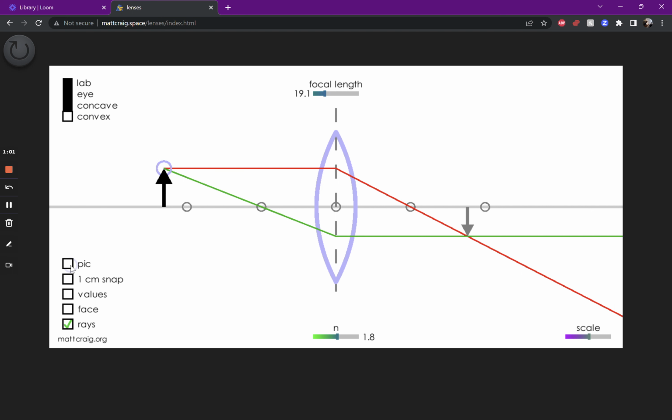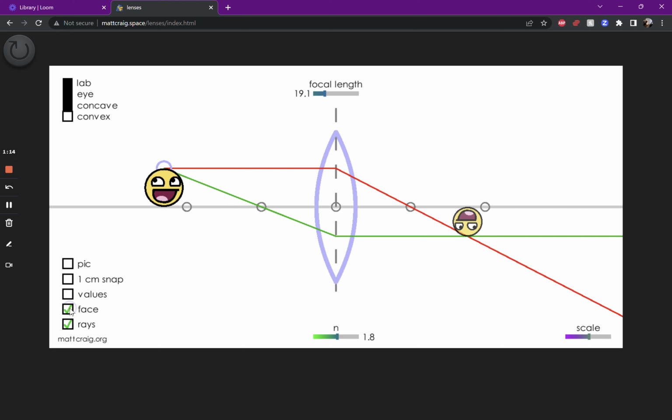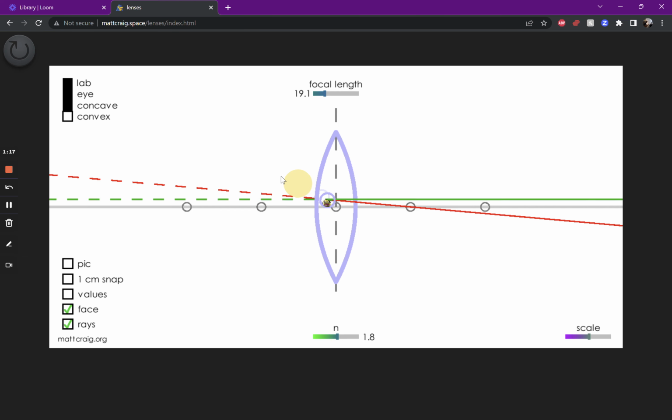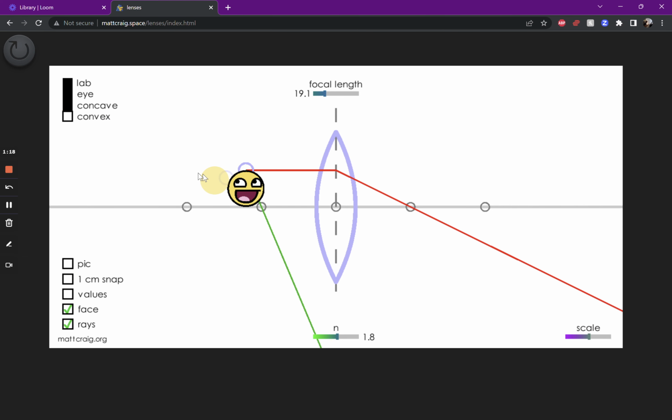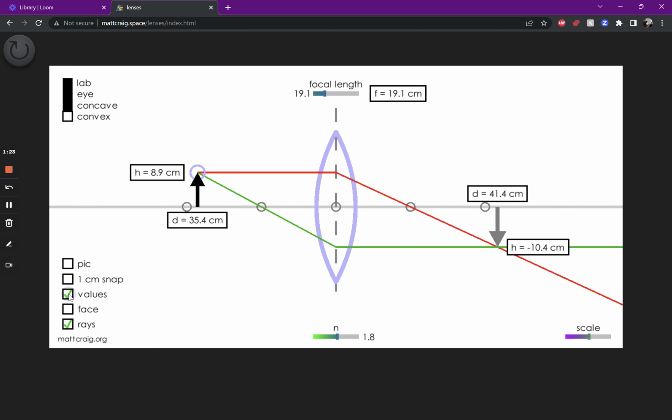If you go to the buttons on the left side here, if you click on pick, it removes all the rays as well as the image, and you could take a screenshot if you wanted and cut and paste that into a worksheet. If you click on face, it changes the arrow to a face, which may or may not be more interesting to your students. If you click on values, it gives you the values if you're using the thin lens equations